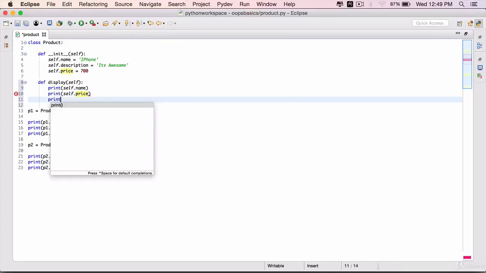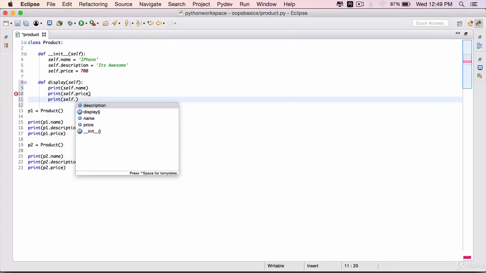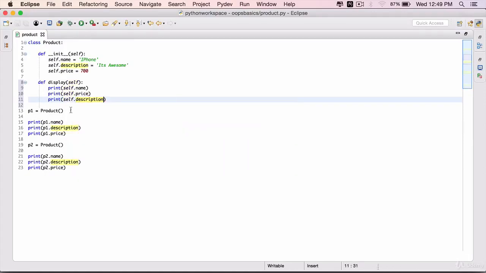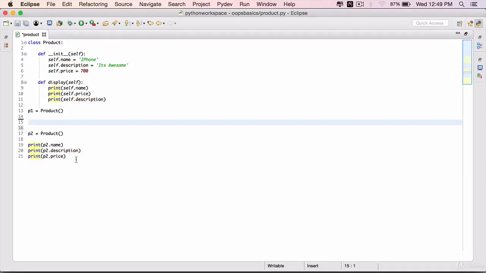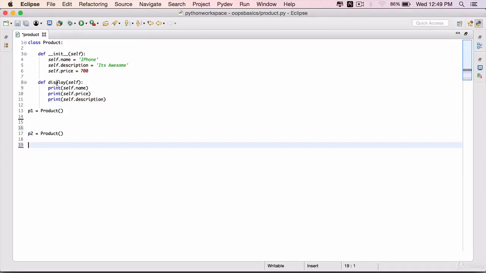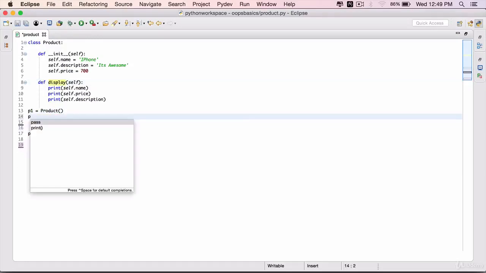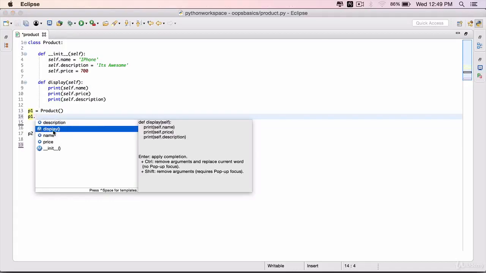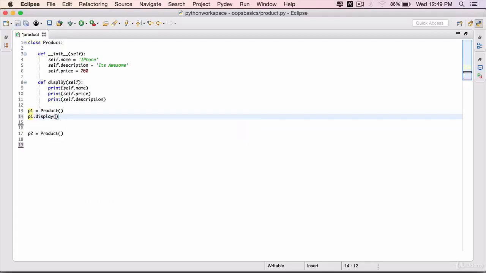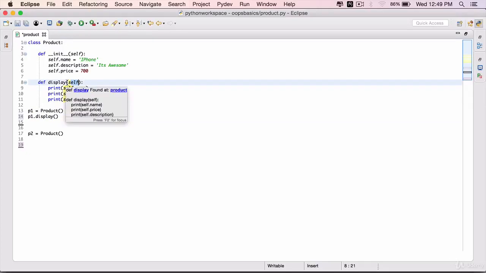So inside the method, print, you can grab these three statements from here or simply use print self dot name, print self dot price, and last but not the least, print self dot description. Now we need not use these prints here. Get rid of those prints and we can simply invoke this instance method using our object that we have created,